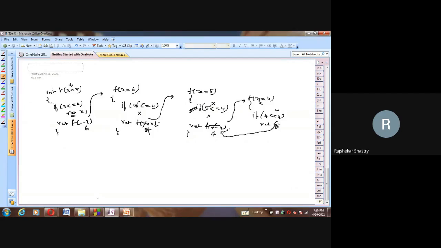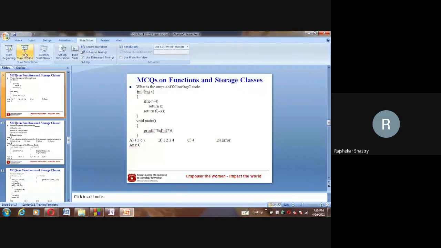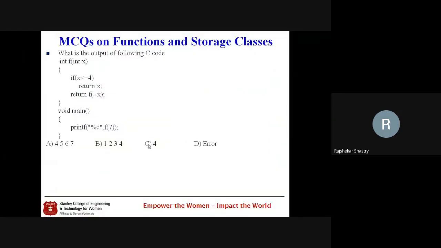This return further returns to its caller. Who is the caller of this method? The caller is here, so this 4 will be returned in this place, and we have finally 4. This final 4 is returned to the main method, because from main we first called by passing 7. In the main method we have printf, printing the final answer which is returned, only one answer. Therefore, the answer is C, as you said. Finally, the only one answer, which is 4, is returned. This is how I trace recursive functions.